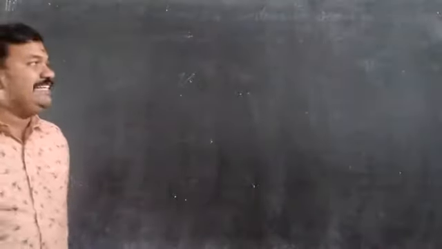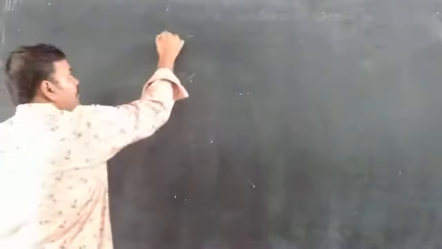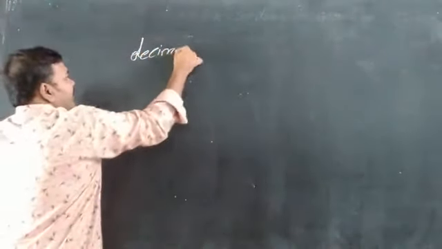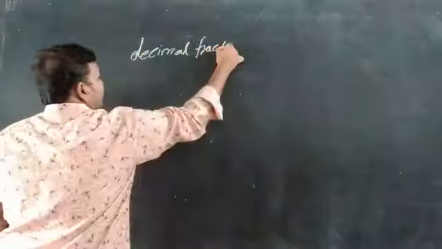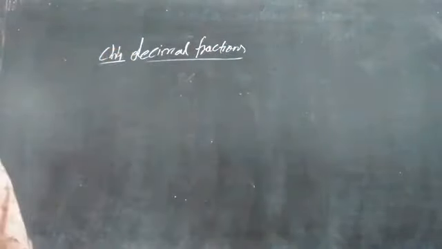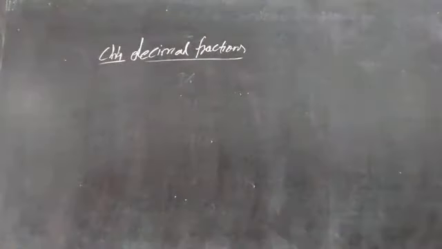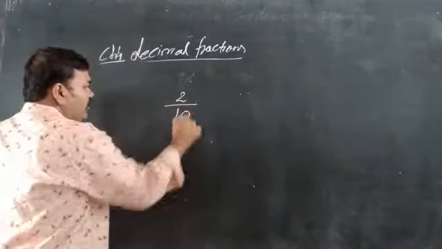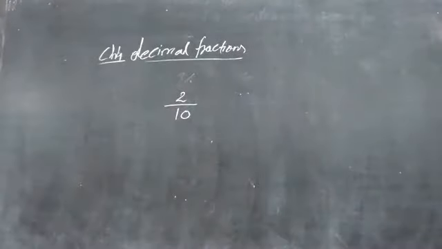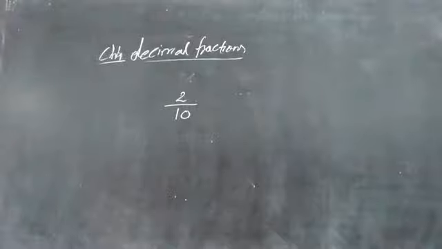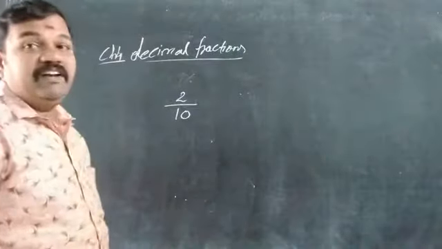Today we are starting the activity work for a chapter whose name is already well known to you, that is decimal fractions. This is chapter 4. Now I am giving you that as your activity work. What is it for decimal fractions? The fraction form in which the denominator consists of 10, 100, 1000, the multiples of 10. Those fractions are called decimal fractions.